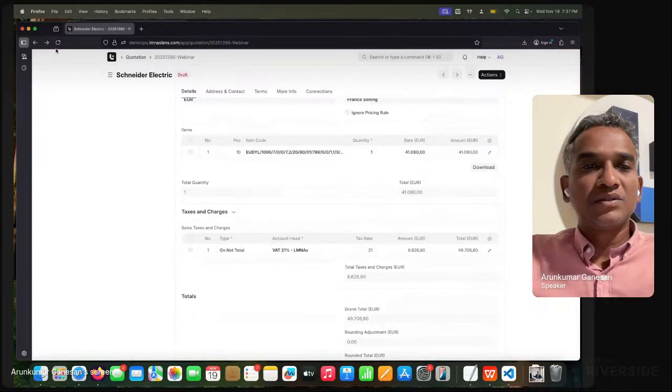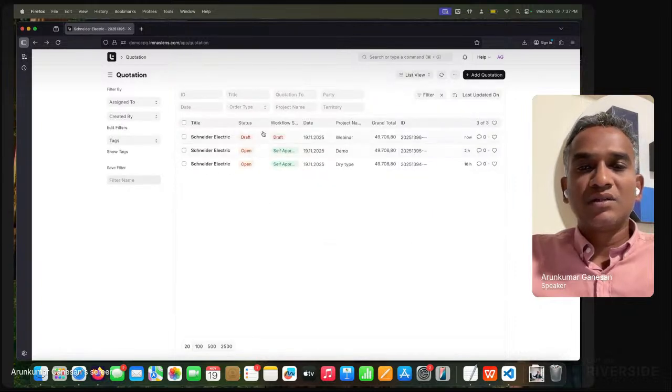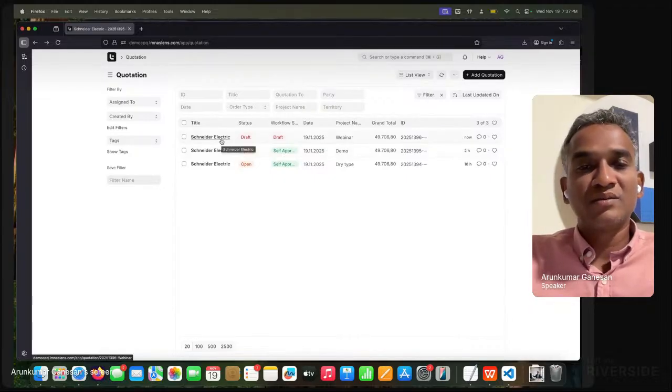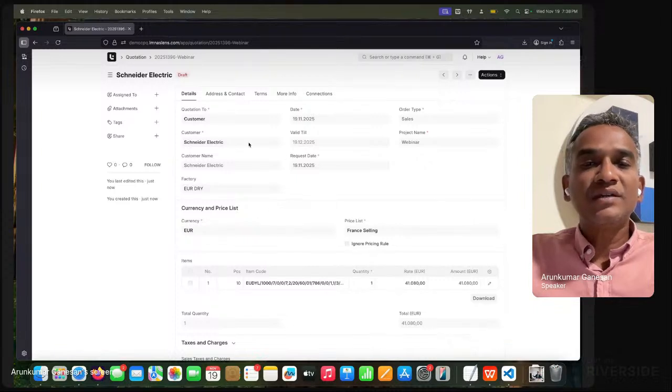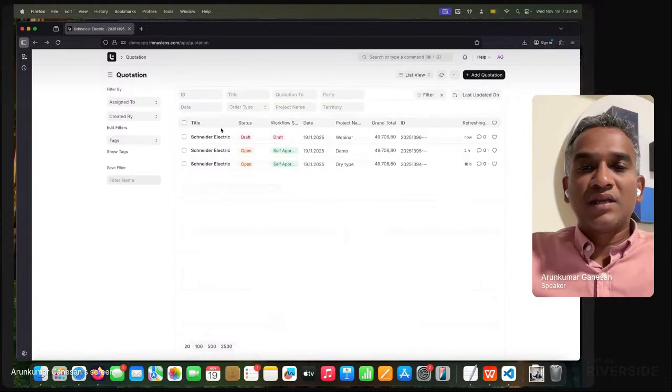Yeah, so it has gone into an approval, probably because I'm not able to approve it, right? So that's how it puts some controls into the system, and it makes me not proceed further, right? Because we have to really understand the logic behind this, and the system is preventing me from really submitting the quote or something, right? I don't know. I think I can self-approve because it's within my limits, right? So that's as simple as that.